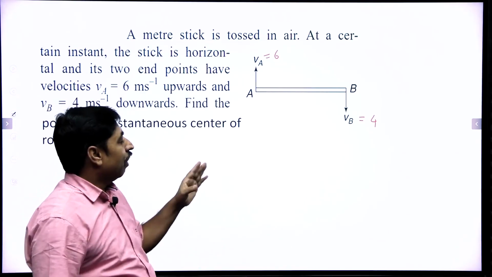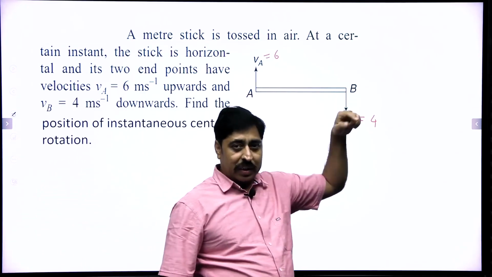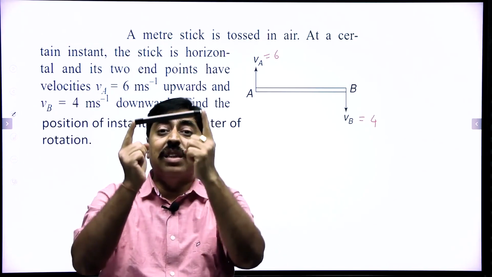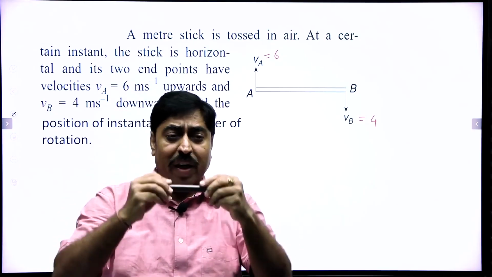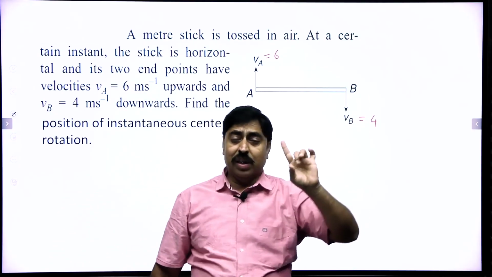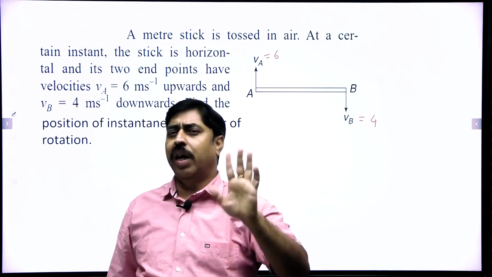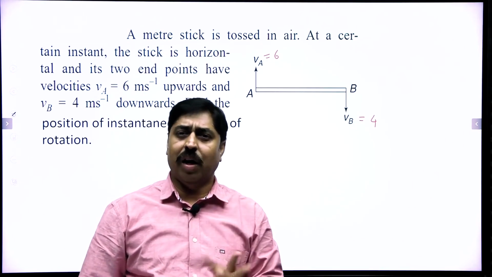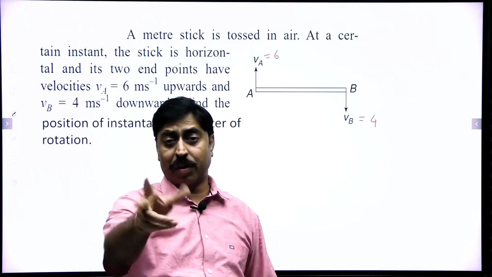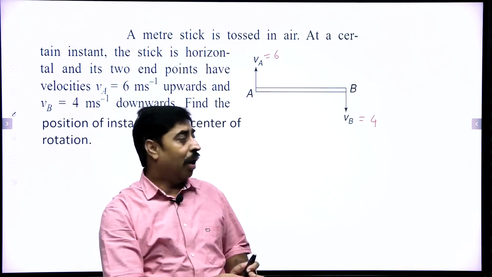ये देखिए, अगर इस स्टिक के हर पॉइंट की वेलोसिटी सेम होती तो हम कहते हैं कि ये ट्रांसलेशनल मोशन कर रहा है, रोटेशन का तो सवाल ही नहीं है। अगर हर पॉइंट की वेलोसिटी 6 होती... अलग अलग पॉइंट की वेलोसिटी अलग अलग है, मतलब कुछ ना कुछ रोटेशन तो है, कहीं कोई डाउट ही नहीं है। अब कैसे समझें? मोशन को समझने के दो तरीके।